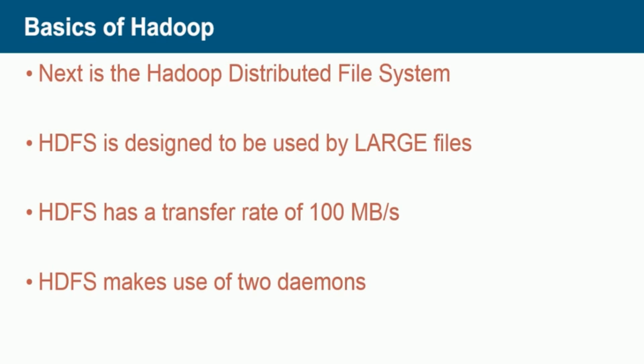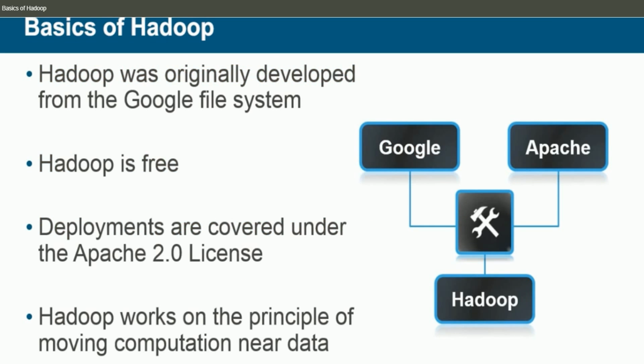metadata across the cluster. Hadoop was originally developed from the Google File System and Google MapReduce. Being open source, Hadoop is free and usage is covered under the Apache 2.0 license. One of the unique design features of Hadoop is it works on the principle of moving computation near data rather than the traditional way of